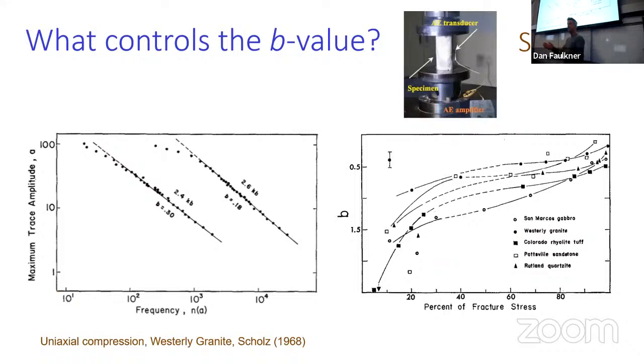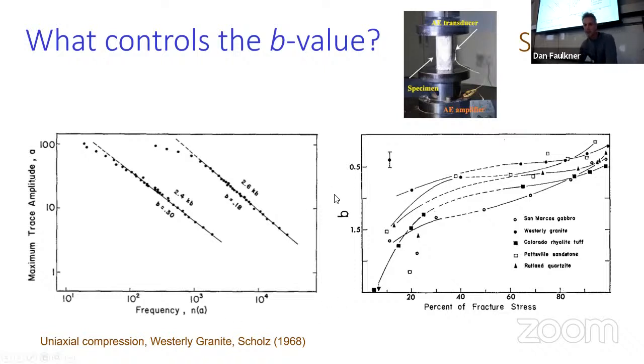Okay, so potentially this b-value is really important. So what controls it? What are the underlying things that dictate it? There's a surprisingly small amount of information on what controls b-values. There were some experiments done in the 60s by Scholz and again by Mogi in Japan. Their focus was really just showing that b-values were related to how much stress we've got on a fault or on a rock.